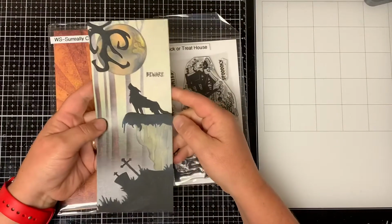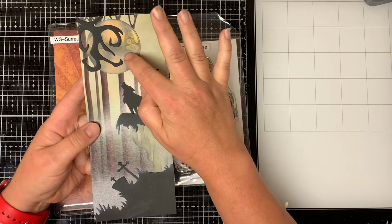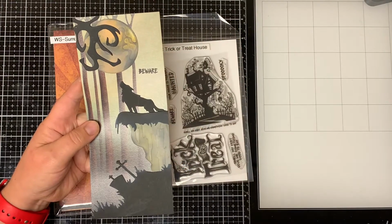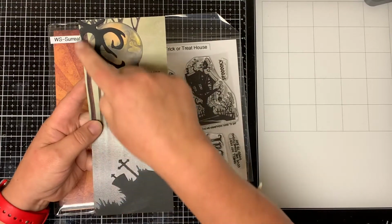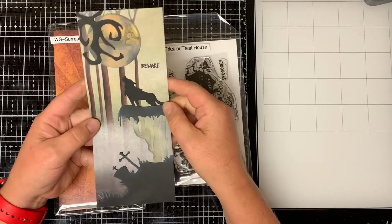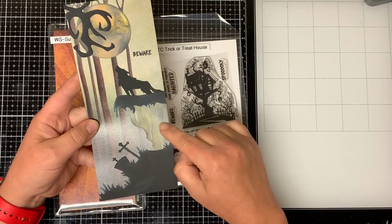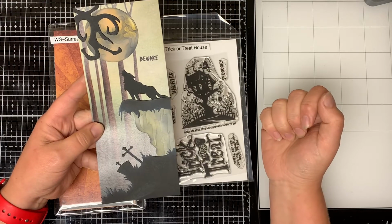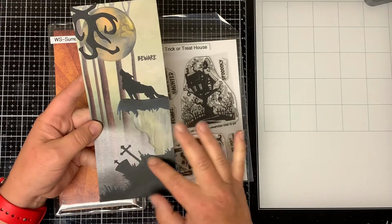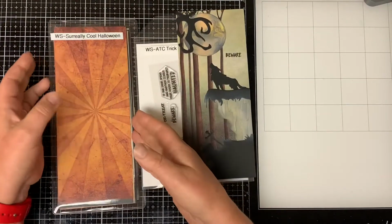I want to share a card I made with you. I used the Howling Night Die Set and I cut out the moon and I colored it in, and then I put this spooky tree branch over it. I also colored the cliff in with similar colors of the background so it kind of blended, and then I cut out the cemetery and I put it underneath the cliff,